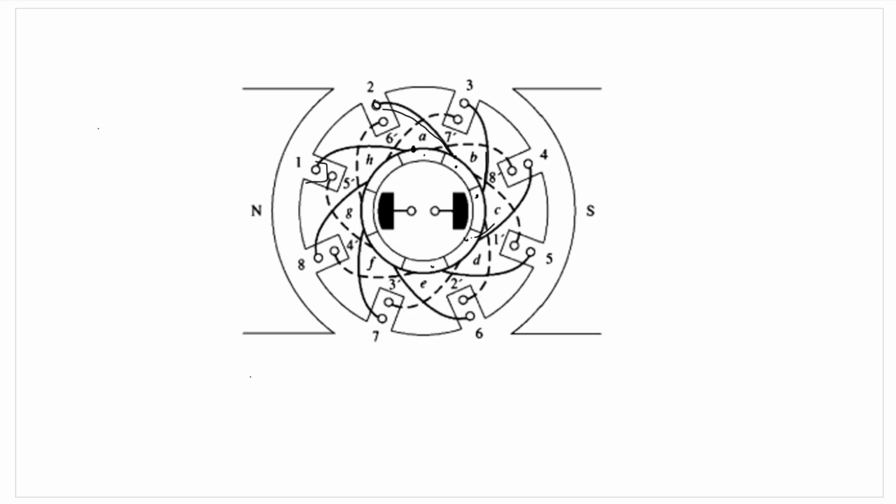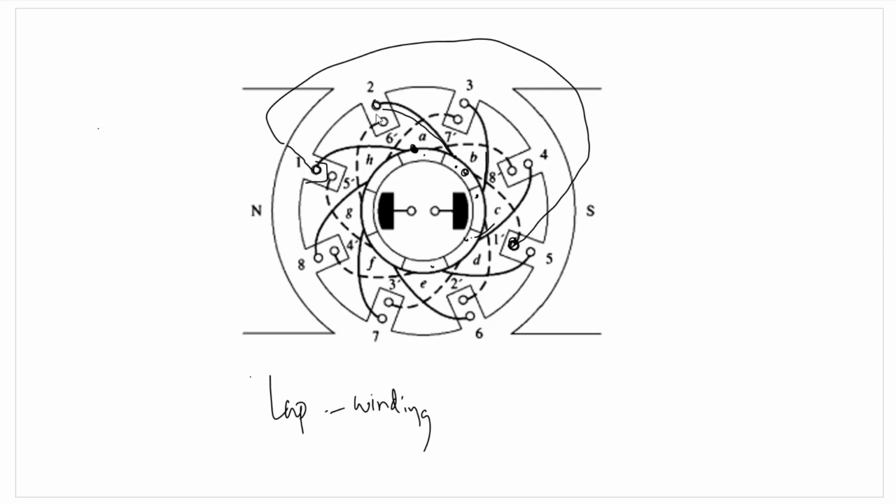1, 2, 3, 4, 5, 6, 7, 8 represent the front ends of the conductors. 1 dash, 2 dash, 3 dash, 4 dash, 5 dash, 6 dash, 7 dash, and 8 dash represent the back ends of the conductors. Now in case of a lap winding, we know that if a coil starts at commutator segment 1, it will end at commutator segment 2. In this case, the commutator segments are marked A, B, C, D, E, F, G, H. At commutator segment A, coil 1 is located, so its back end will finish at commutator segment B. So this represents the other end of coil 1.